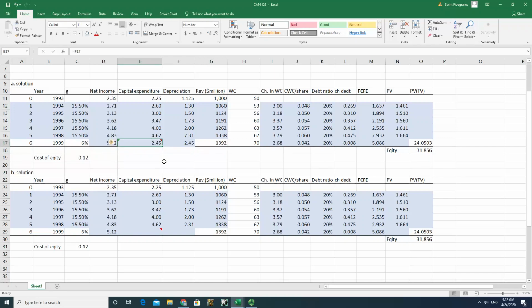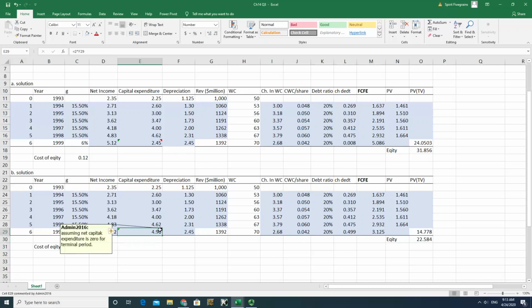That's the assumption. Right? And depreciation will increase to $2.45 in year 1999, and capital expenditure would be 200% of this, 2 times depreciation,